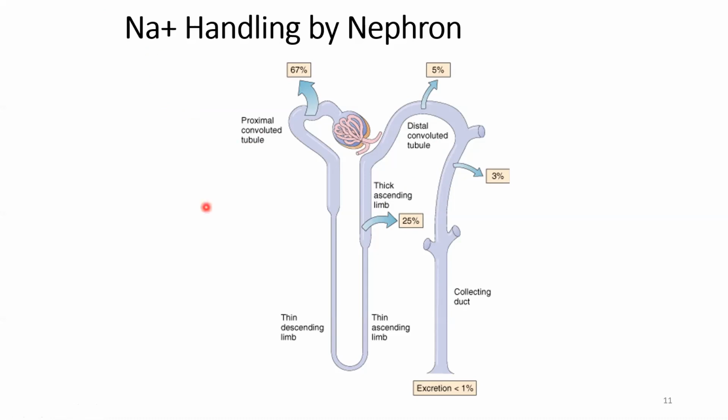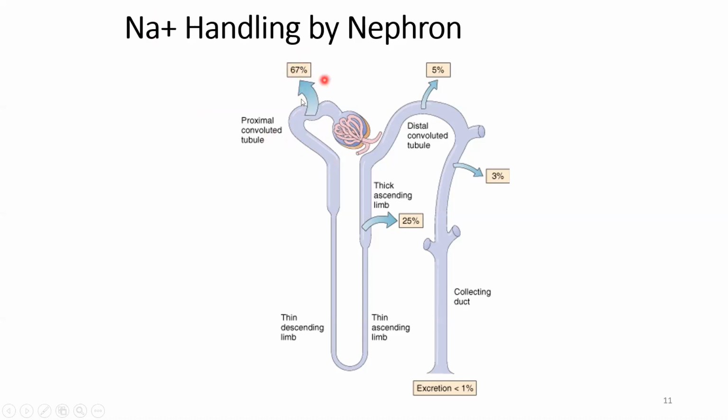This consolidated view is given extremely well in BRS, okay? And hence my sequence of lectures will follow the substance specific handling of nephron, okay? So I deviate now from Guyton, not region wise. I will be looking at things from the substance point of view. So sodium handling by the nephron is being shown to you here, and you can see that proximal convoluted tubule,